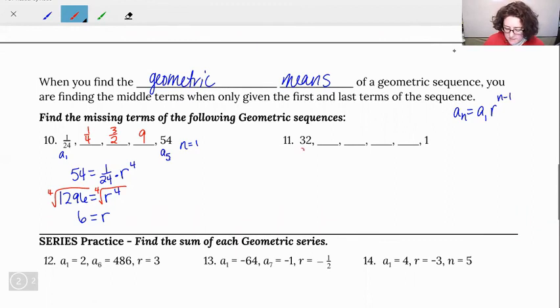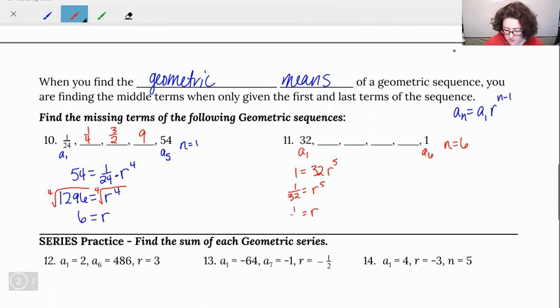Alrighty, so a sub 1 is our 32. We have 1, 2, 3, 4, 5, 6. So that's a sub 6. So n equals 6. Plugging in, 1 equals 32 r raised to the 5th power. Divide both sides by 32. So 1/32 equals r to the 5th. Again, take your 5th root of both sides,